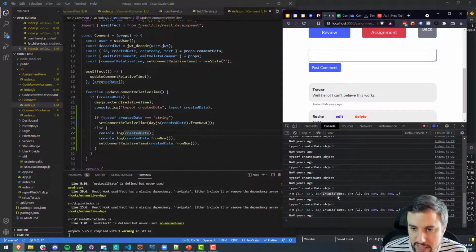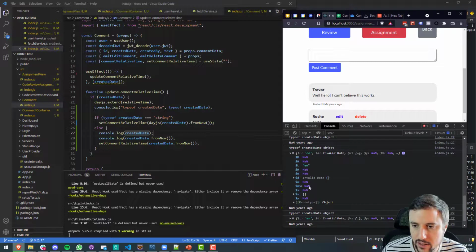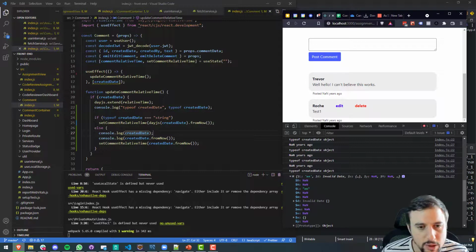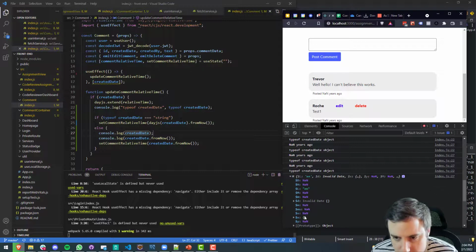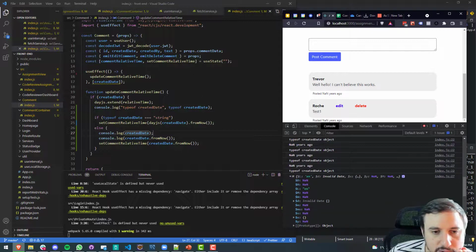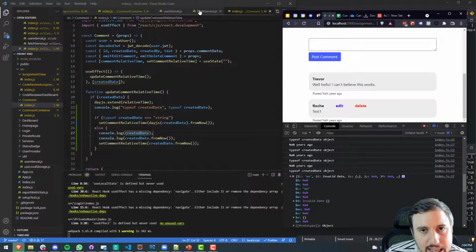Oh, it does still say invalid date though. Okay, sorry. That's still the root cause of the problem, is this has an invalid date. So when we edit it and then we